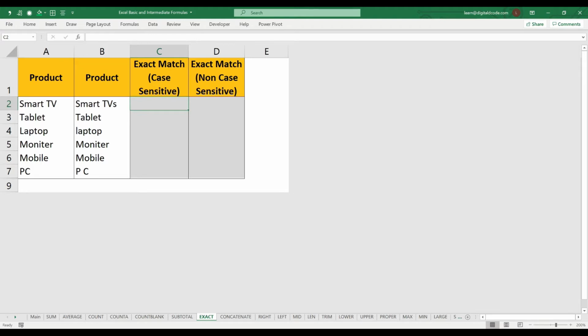Here I have a list of products in column A and another list of products in column B. Now I want to compare both products and check whether both are the same. To do that, let me use the EXACT function. Equal